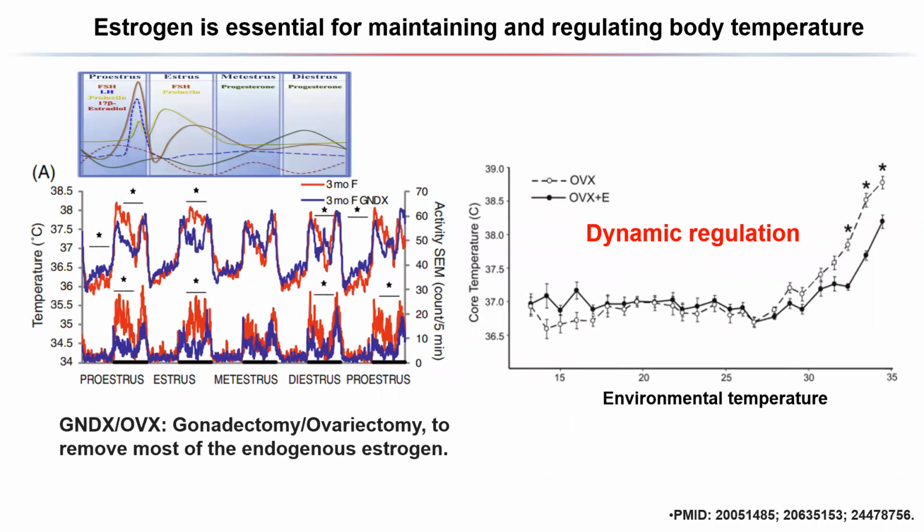So here are some backgrounds. To evaluate the estrogenic effects on the body temperature, the most common method is to remove most of the endogenous estrogen by gonadectomy or ovariectomy. And as shown in the left upper figure, as the estrous cycle goes, the estrogen level is dynamically changing. In the proestrous phase, the level is the highest. So combined with the body temperature and the physical activity monitoring, which have been shown in the left bottom figure,